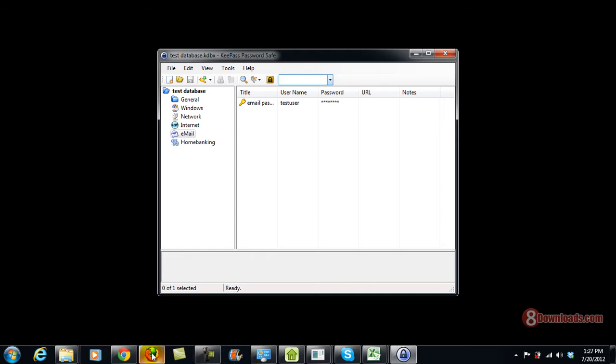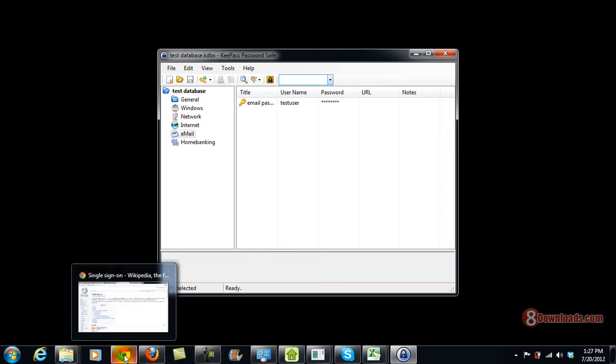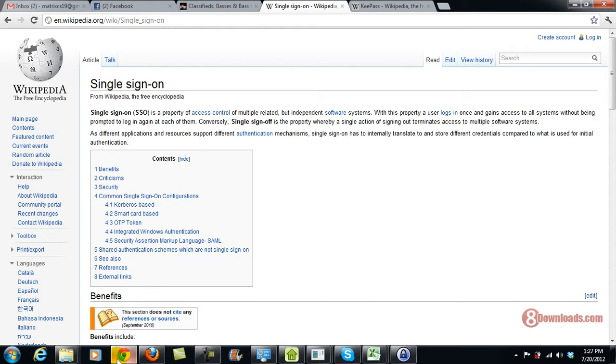But first of all, before anything else, I would like to tell you guys the importance of password management. In the market today, we have the SSO, or the single sign-on password, and if you read the definition in Wikipedia, it sounds so nerdy.